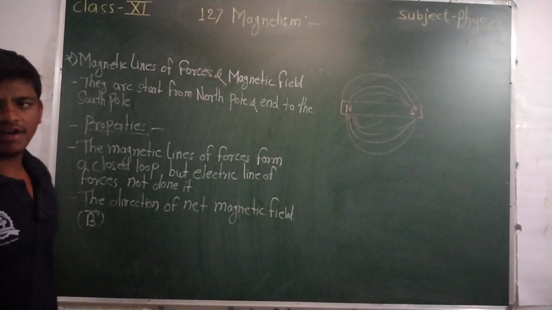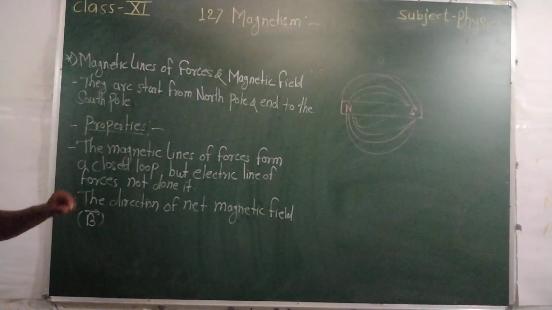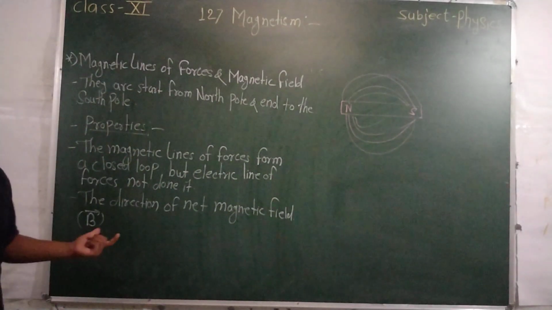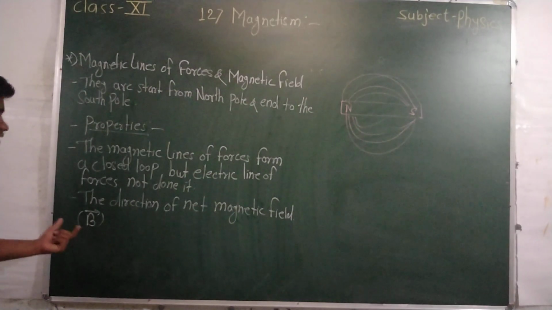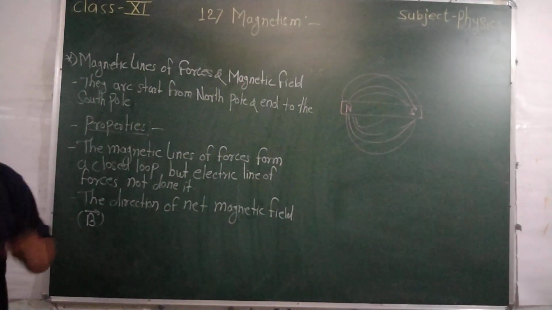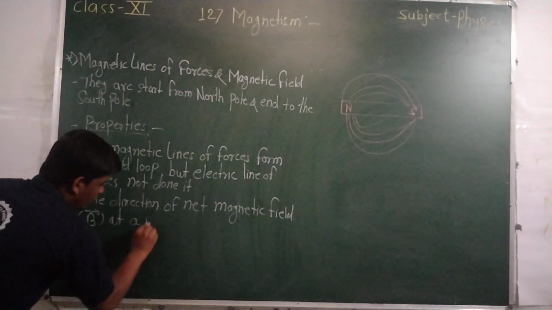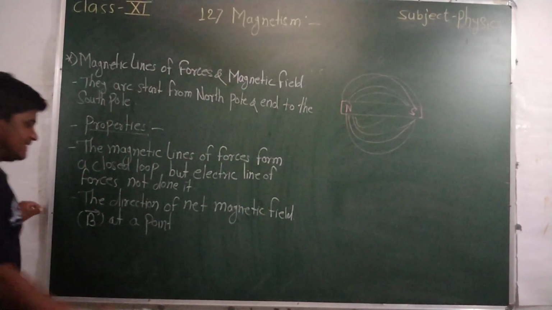This is a vector quantity. We discussed scalar and vector in the mathematical method when we used the whiteboard. The direction of the net magnetic field B at any point is given